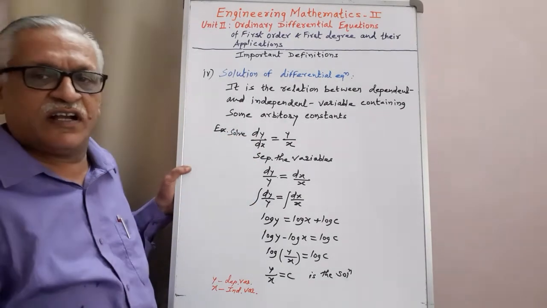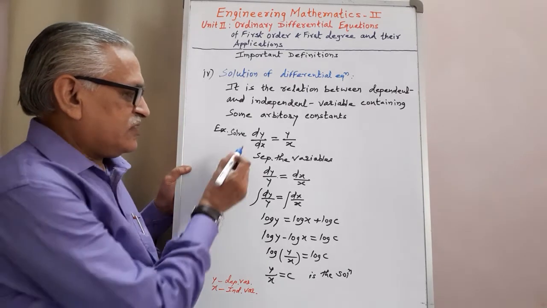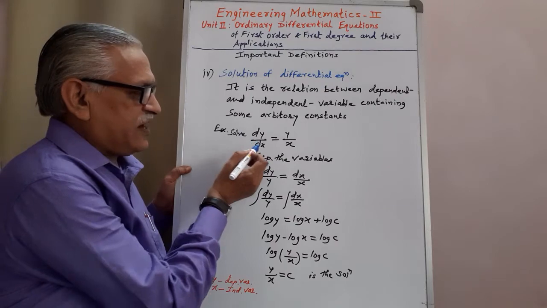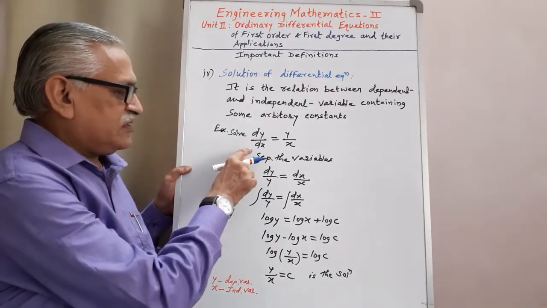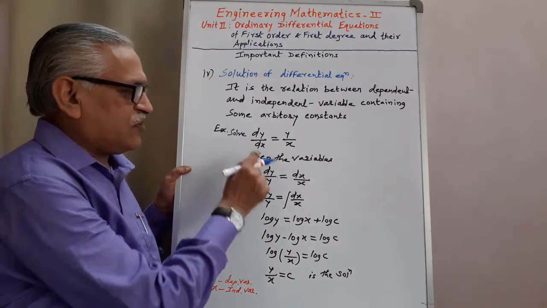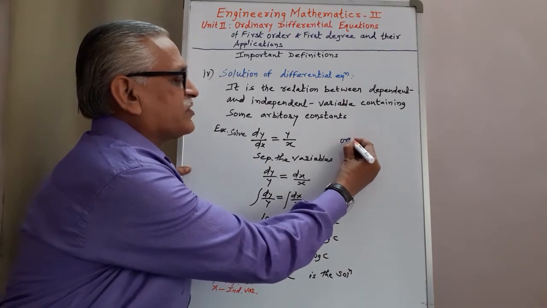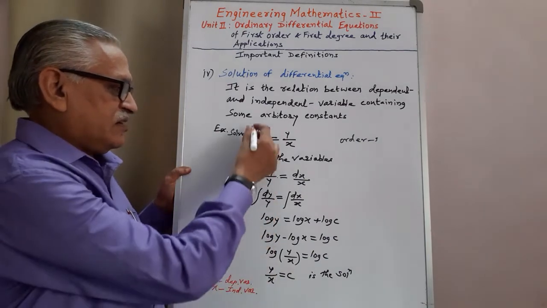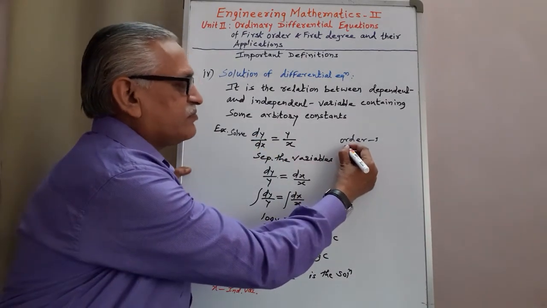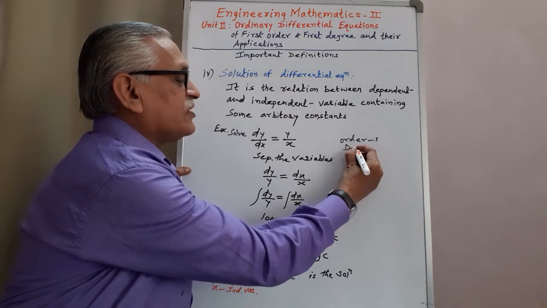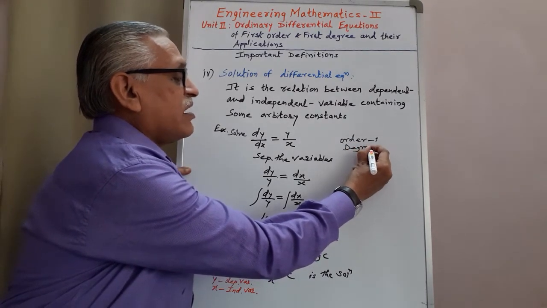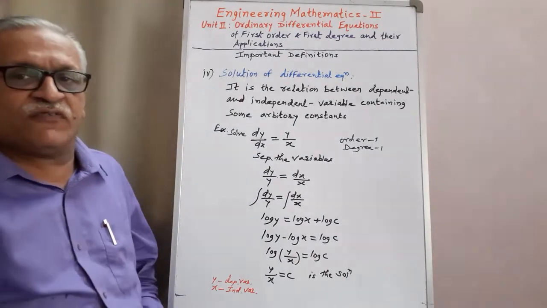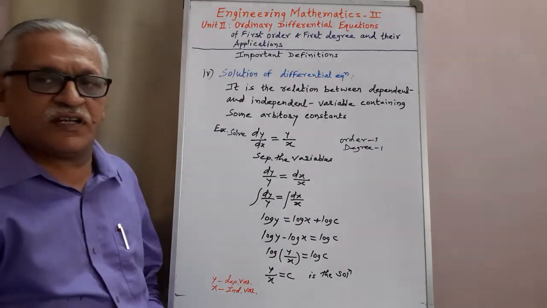differential equation dy by dx is equal to y by x. Equation containing derivative, that's why it is a differential equation. The highest order derivative is of order 1, and therefore the order of this differential equation is 1. Index of the power of that term is 1, and therefore degree of that differential equation is 1. Therefore this is a first order first degree ordinary differential equation.